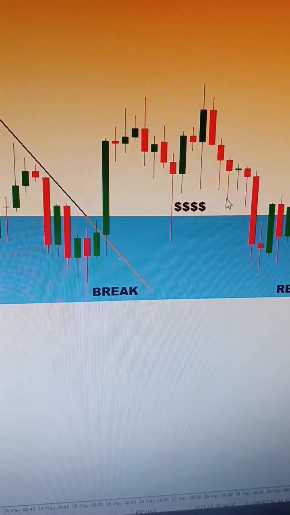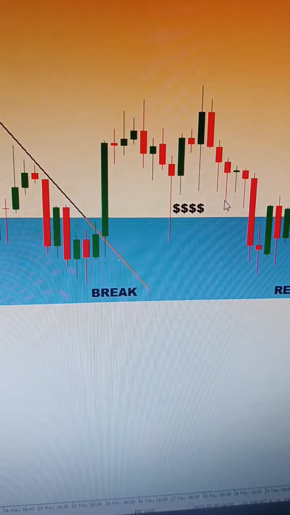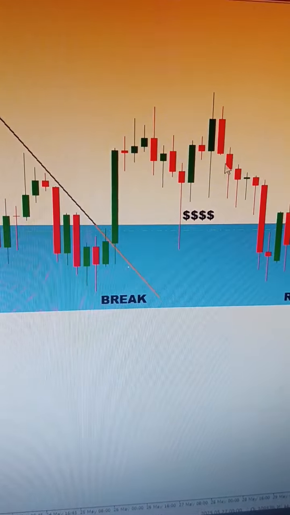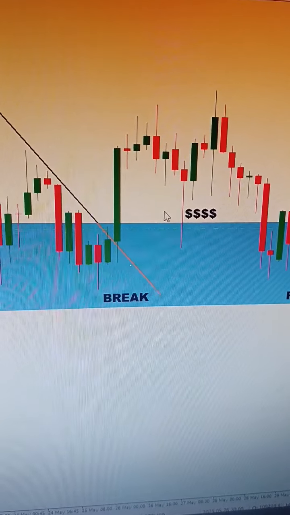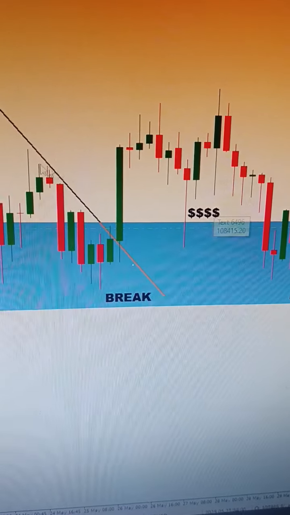And I'm going to make an after video after the move has happened, so that I can give evidence of high value trade setup. Now, there was the break